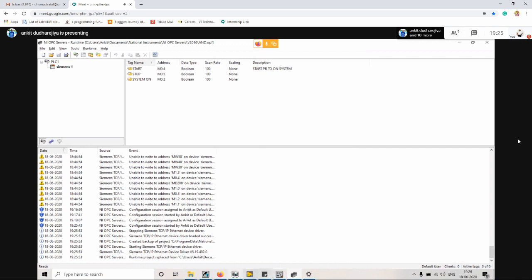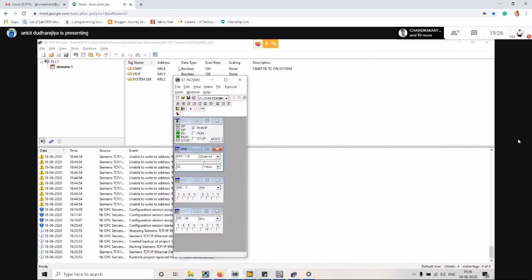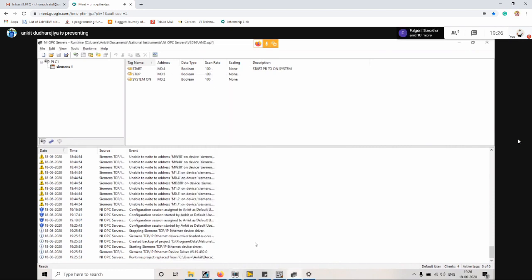Now whatever the data of Siemens PLC that we want to read or write, for that we need another tool or another software of Siemens, that's called NetToPLCSim. Because right now I am using a simulator. So whatever the data of this PLC Sim that we want to read or write, we will use a tool whose name is NetToPLCSim, which will create a server.